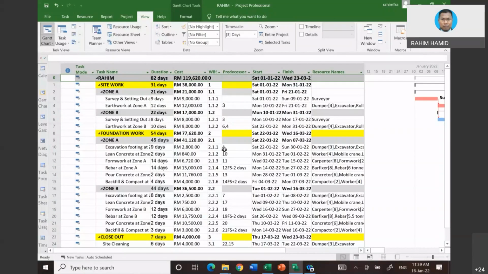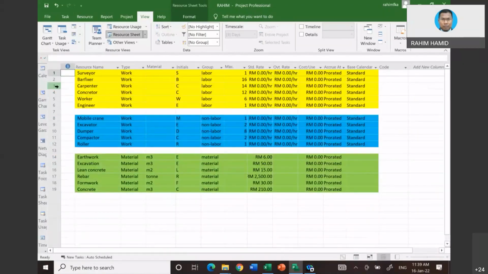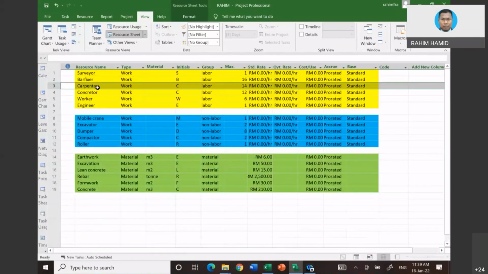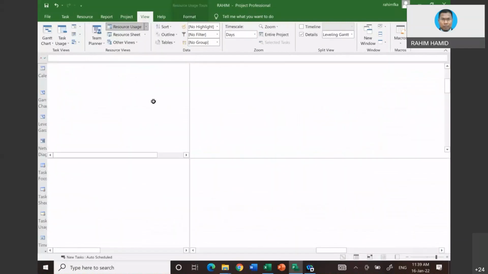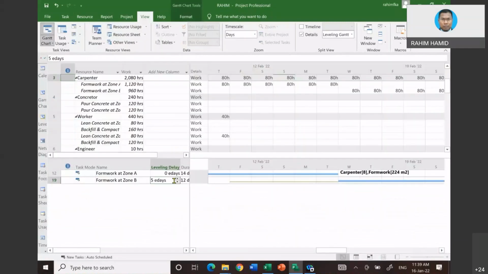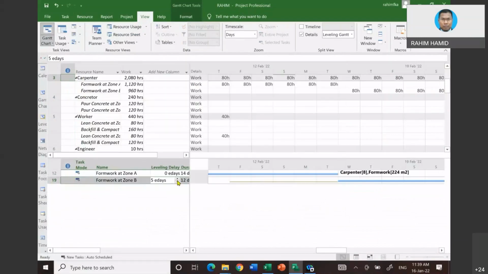Now let's go back to our issue, carpenter. Now it looks like the carpenter is okay already, but the issue is you already extended the project. So let's go back to our original issue before again. So this is the issue. Let me say, okay, let's say you cannot afford to have delay. Oh, sorry. Let's change back to the original. Okay, this is the original. Okay, before we go into,